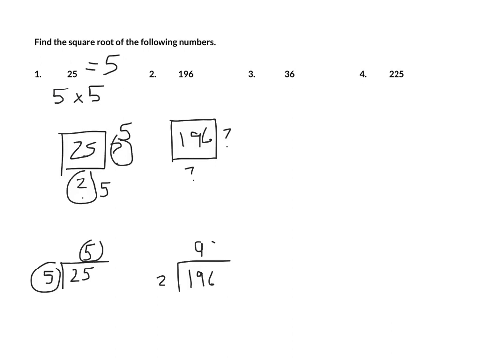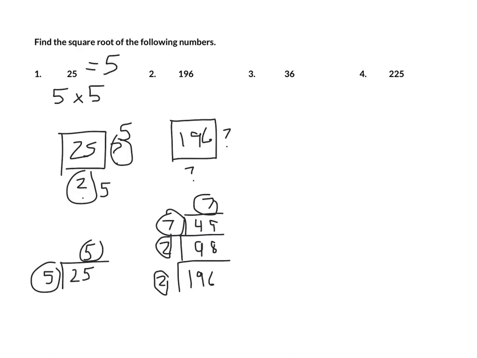98. And if I divide that by 2, because it's still even, it's 49. And I can't divide that by 2 or 3 or 5. It's 7. Here's what I see. I see that 196 is made up of a 2 and a 2 and a 7 and a 7, meaning